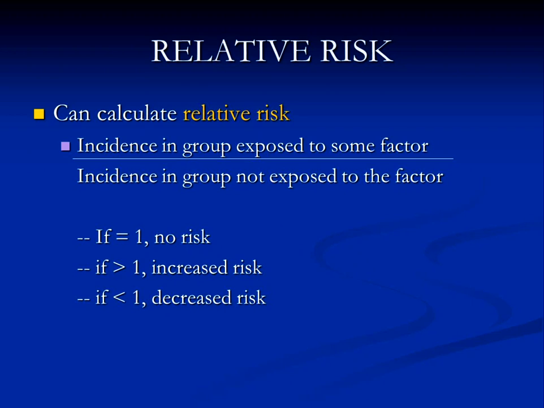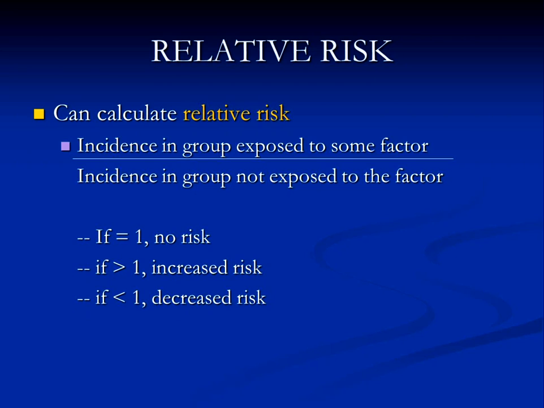So for instance, if we really wanted to know how protective or non-protective fluoride is in terms of caries development, what we would do is we would get the incidence of people that developed caries that were exposed to fluoride